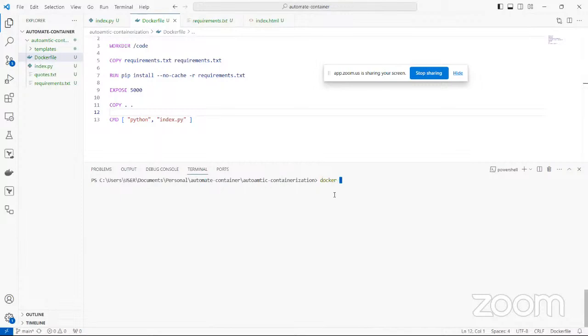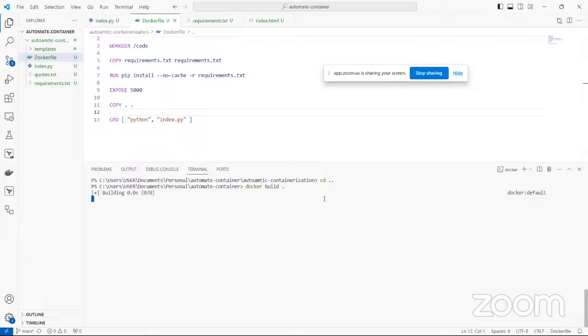The Docker command to run is docker build followed by a dot. There's a longer version, but docker build is the one that people like the most. When you use docker build and you have a Dockerfile inside the folder where you are running this command, and you use the dot, then it works. Just to show you what I mean, if I do cd .. and then run docker build